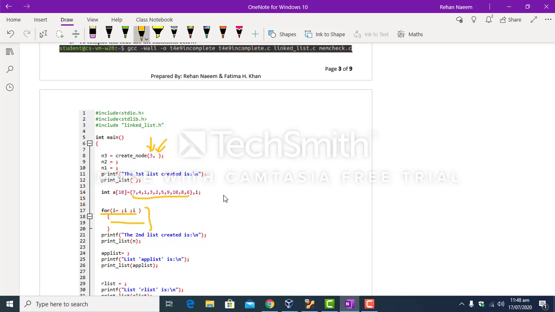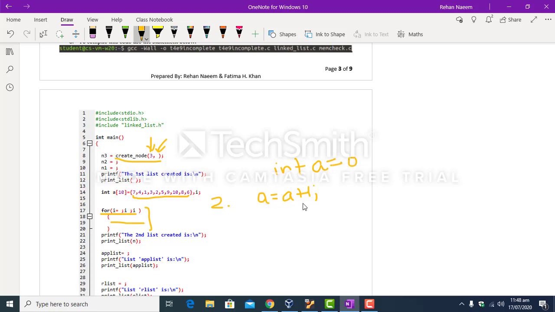Okay, now the hint for solving this problem is that first of all you should know how a node is being created. Second hint is all of you know how this statement works: A is equal to A plus 1, say for example, where A is some integer and the initial value of A is 0.